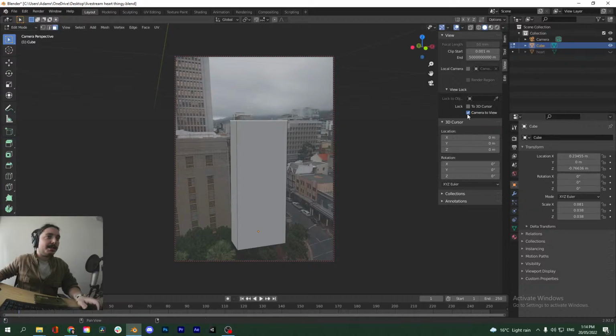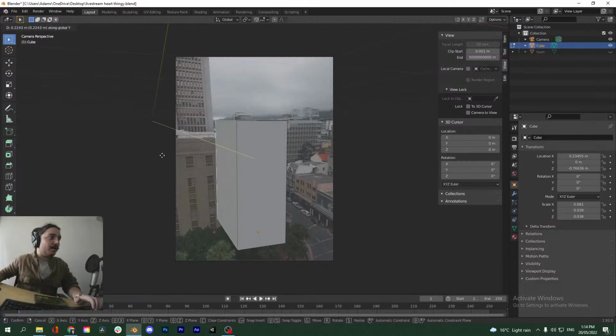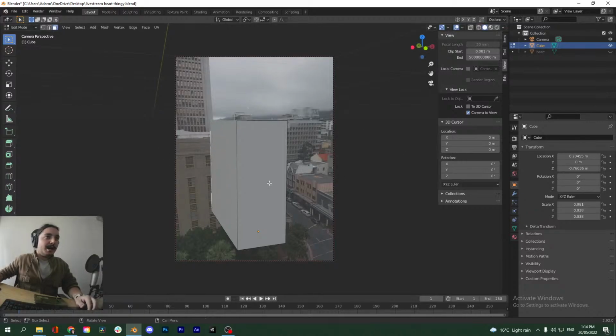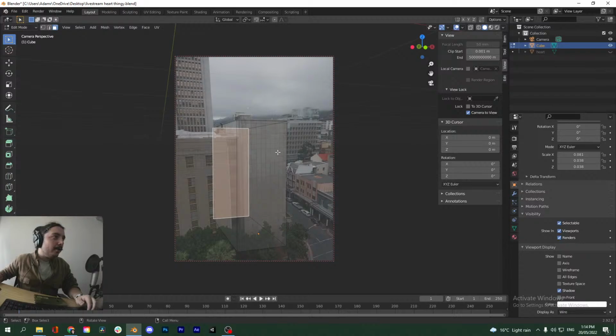Okay, let's actually just go to this back face here and extend it backwards as well, just so we have some more depth. Let's tweak the perspective a tiny bit more. So what you can do is even go into this object properties tab and go down to visibility, viewport display, and set it to wire. That way you can see through the object into the background. So look, I mean, that pretty much aligns. Like, the geometry can be quite loose for this camera effect.